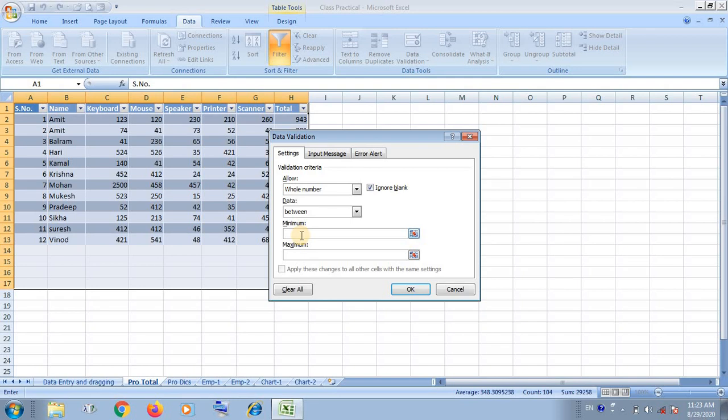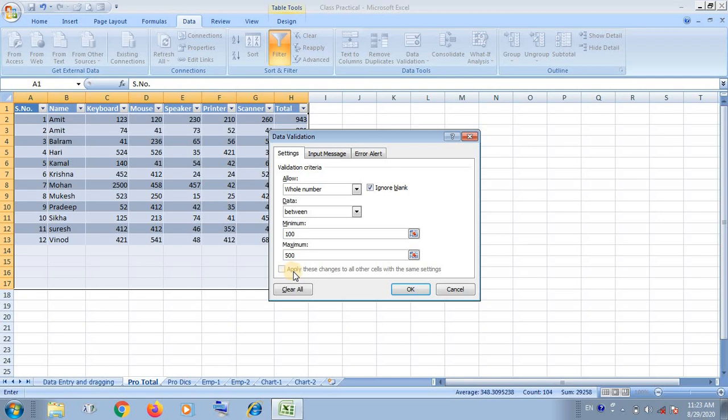I have selected 100 to 500. Minimum is 100 and maximum is 500. If anyone wants to add the quantity of products, then the maximum quantity that can be entered is 500 and the minimum is 100. This is the condition I have applied.